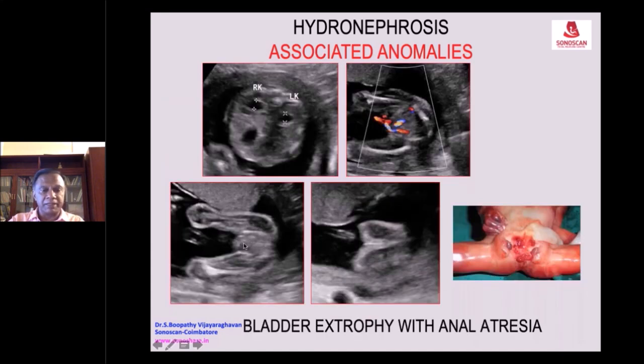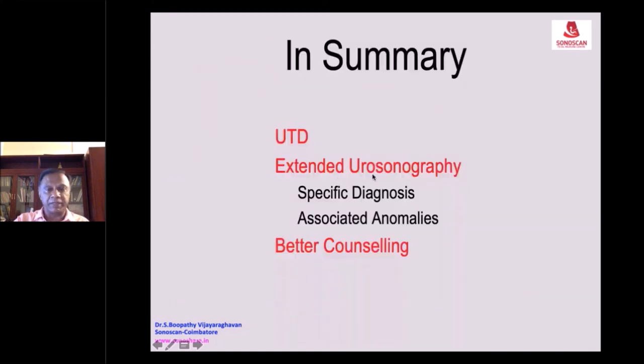So that is the mass, an irregular mass, indicating extrophy of the bladder, and the anus may be non-visualized. You may do an extended fetal urosonography, arrive at a specific diagnosis as I have shown in detail, and look for associated anomalies which affect the